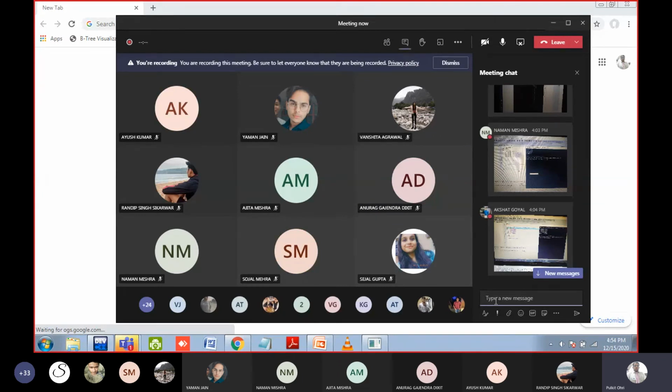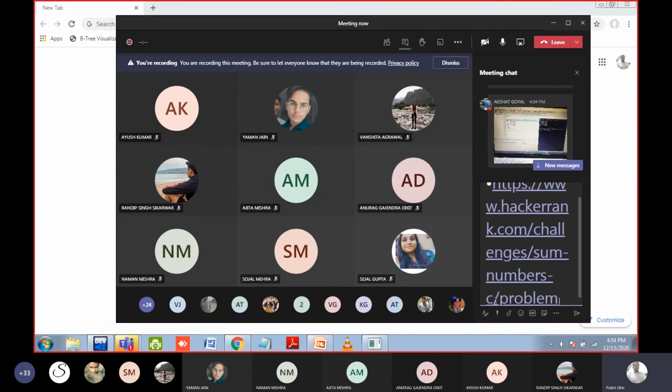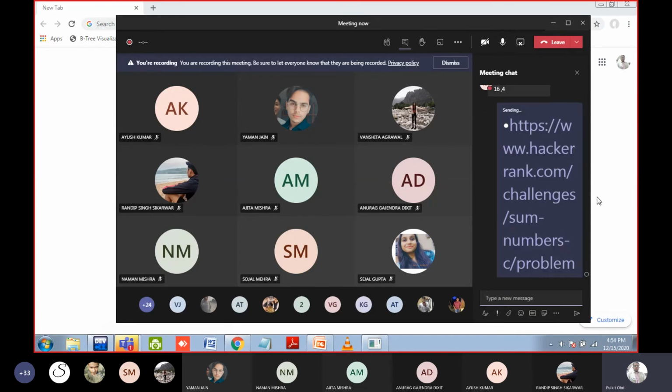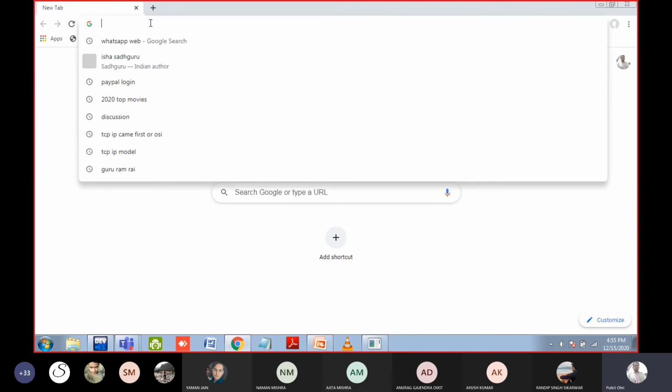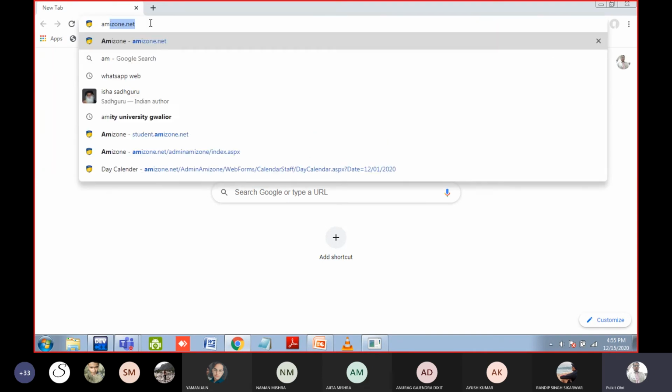You need a laptop to do this. Mobile you can also use, but the screen is small. So you can open the HackerRank website, at least sign up, and you will receive a window. In the window you can write the code. It is very basic code, it is not difficult. Okay,